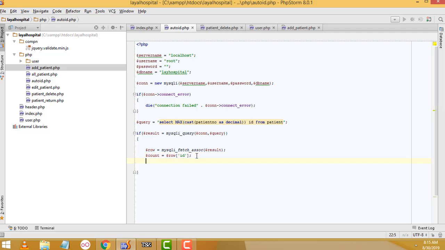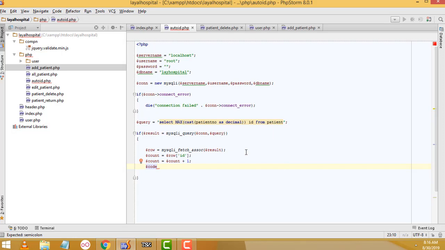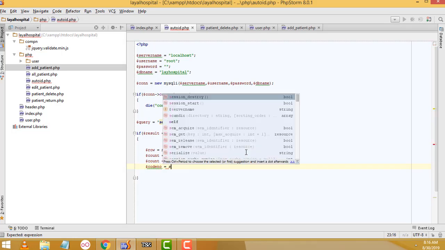After that, what I am going to do is press Control C to copy, Control V to paste here. Here we have to write count, count plus 1, you have to count the ID plus 1, right? That's the thing we have to do. After that, we have to create another variable, port number, equal str, pad,